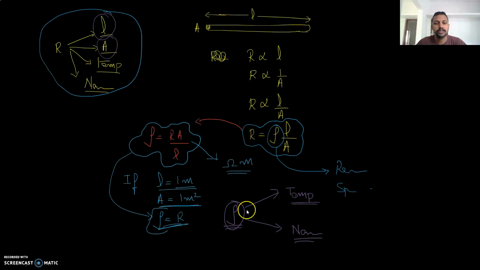So it is important to understand that resistivity does not depend on the shape of the conductor. If you increase or decrease the length, or increase or decrease the area of cross section, there is no change in the resistivity or specific resistance. But if you change the temperature or change the material, then resistivity will change. Okay,